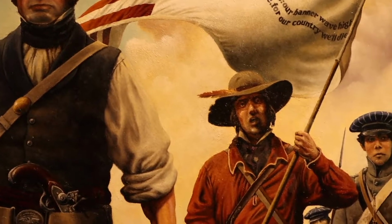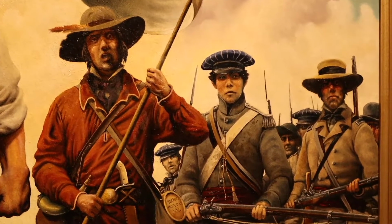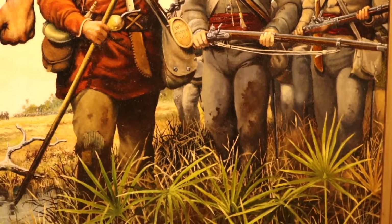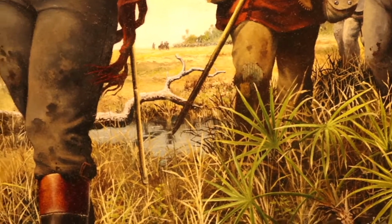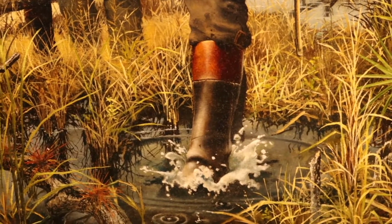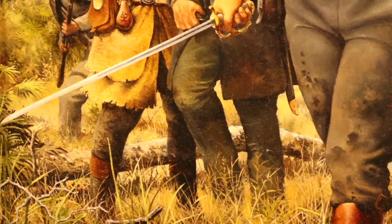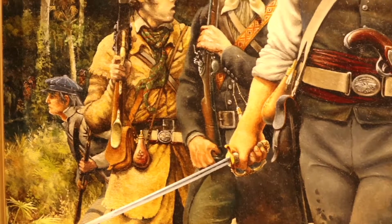And the thing is that the volunteers hated the regular army, and the regular army hated the volunteers. So they didn't get along to begin with. But when they got on the field at Okeechobee, the commander of the regular army, who was Zachary Taylor, and Gentry, who was in charge of this one unit that was supposed to start the battle, had an argument between the two of those generals that this wasn't a real good idea. It was just going to kill his men. And then Zachary Taylor made a remark about, well, if you're too scared to do this, we'll get...